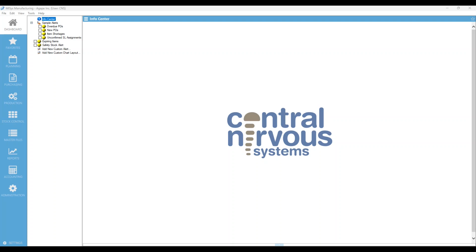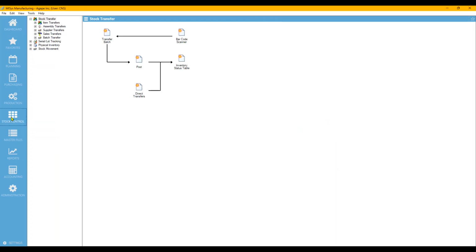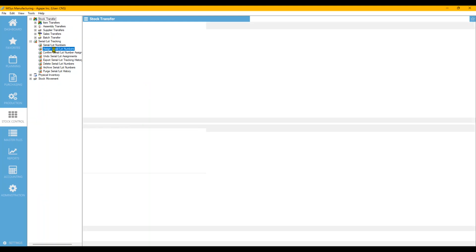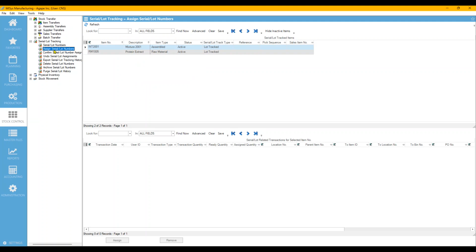However, before getting to that point, there is an area in MISys where we can see our transactions that we have failed to assign lot numbers. This is under the stock control, serial lot tracking, assigned serial lot numbers menu. I will be referring to this menu as Neverland, because these are the items that we have transacted with in MISys and failed to assign lot or serial numbers, and they have landed here, which means the quantity has been